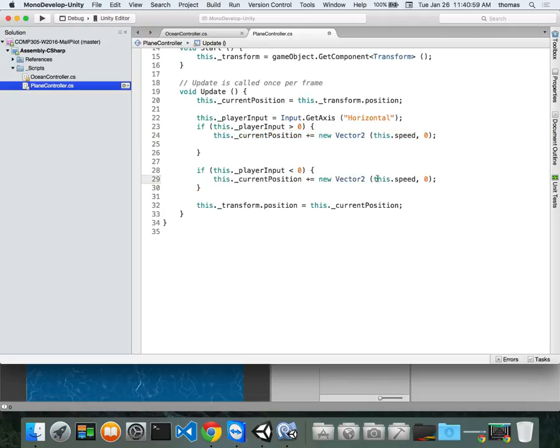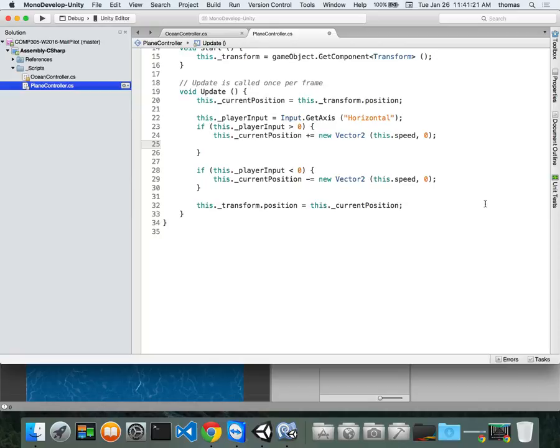And instead of using this speed, it's going to be minus this speed because this one is going to move to the right and this minus speed is going to move to the left. I'm adding a minus, which means I'm subtracting, right? So plus equals to minus. Or I could do it like this. Instead of plus equal to, I could do this minus equal to. It's the same,